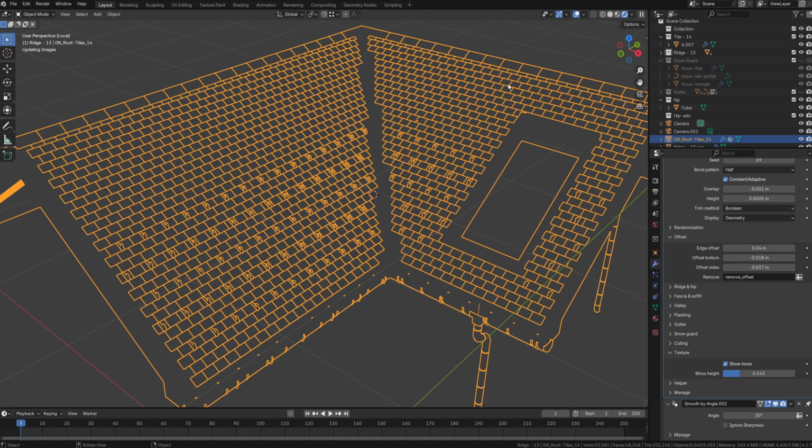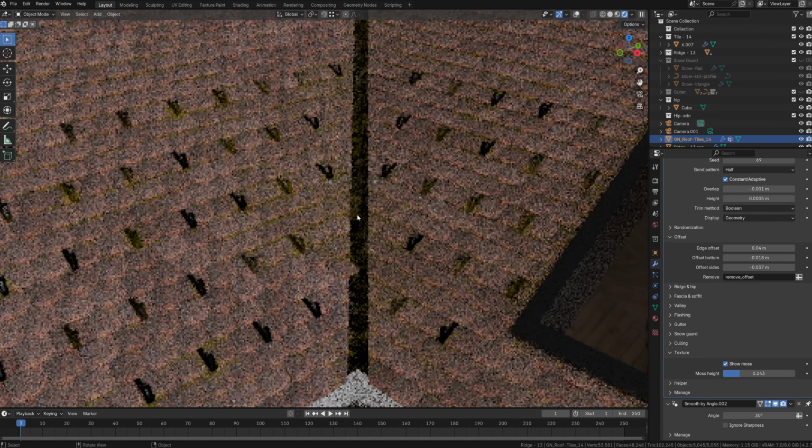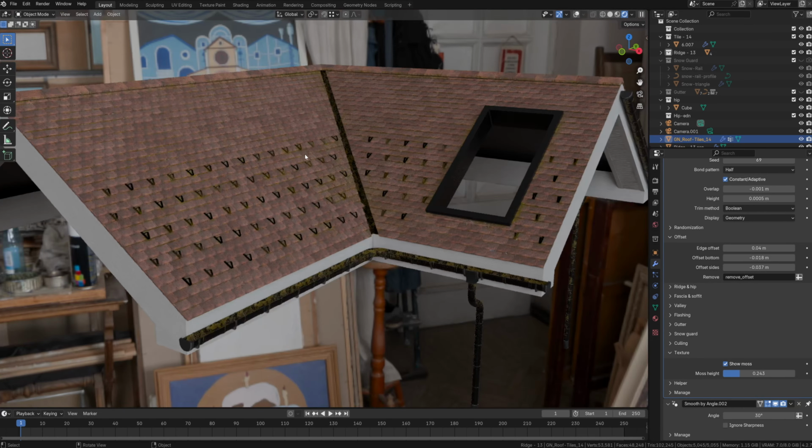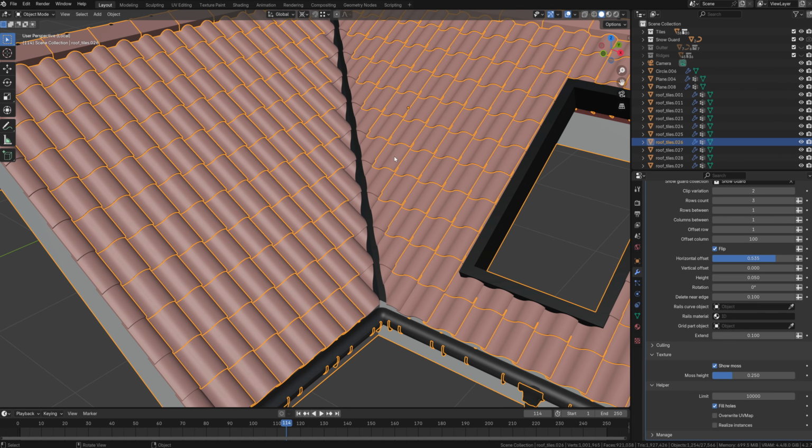So if I go to render preview, we can see that it's going to be adding moss into these areas. So it will start adding moss where you'd imagine the moss would go, like in the crevices of these or in the gaps. Let me go to a better looking one. Okay, so this roof type is really good for the moss. So if I go into render preview,